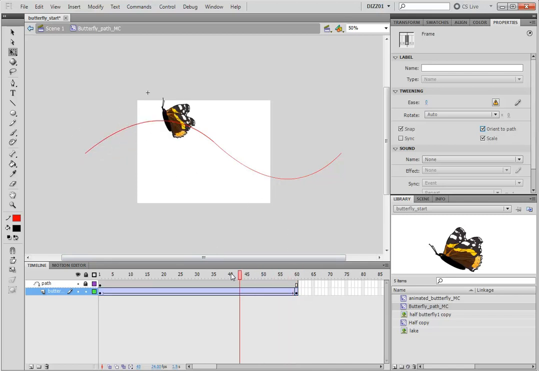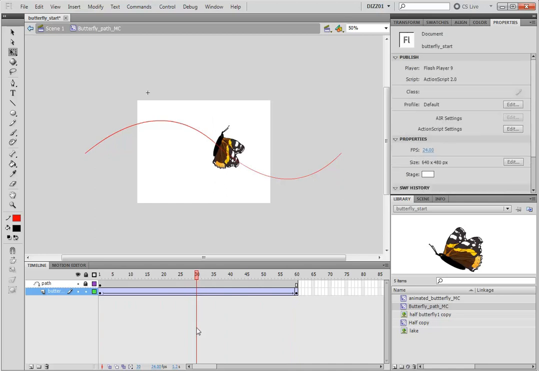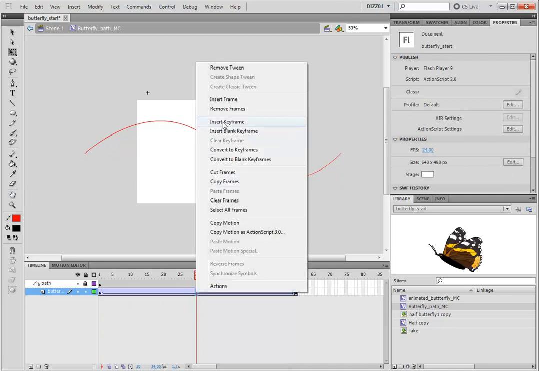So it's going to pull this around, and as you can see, it is following the path, but unfortunately the butterfly seems to be turning in the middle here, which is not what I want. So in the middle of this animation, I'm going to have to add one more keyframe, about frame 30, and just rotate the butterfly so it's following the path a bit better. So I'm going to right click on 30 and insert a keyframe,